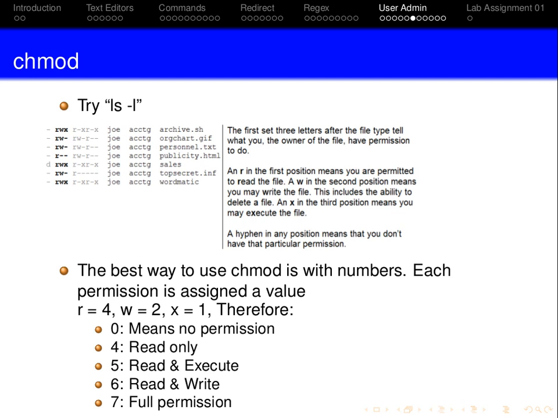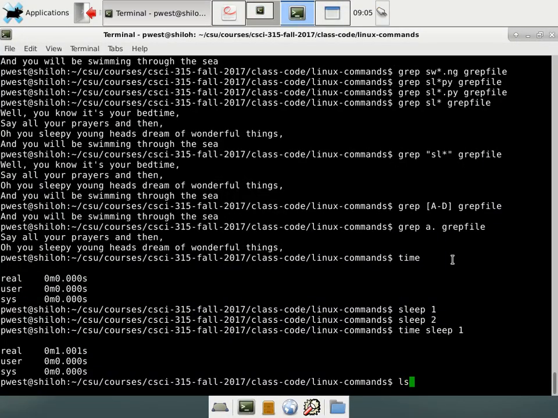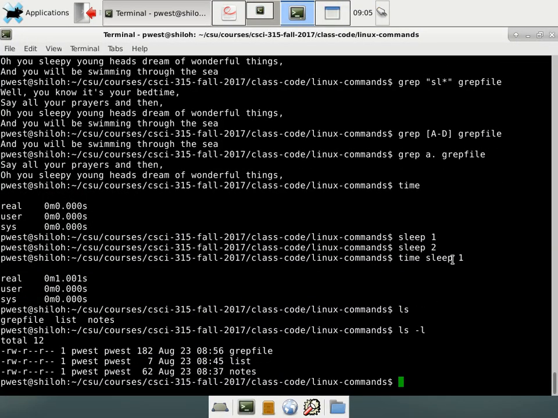RWX: read, write, execute. Remember on that ls -l, you had all those funny characters at the beginning and some dashes? That's what this is. Those are your actual permissions. So if I were to run ls -l